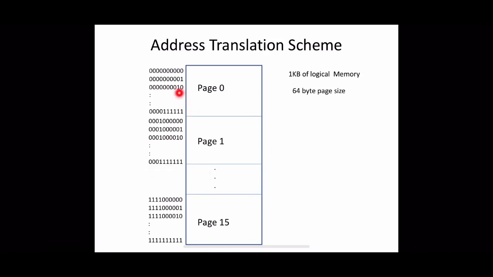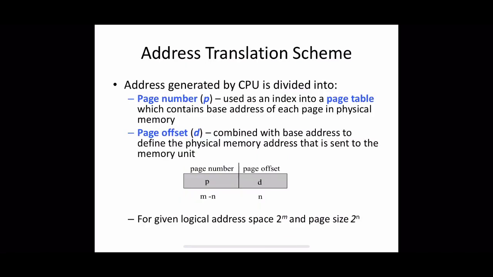Now the task is very simple, right? We can take a logical address and cut it into 2 different pieces. The first piece represents the offset within a page, and the second piece represents the page number, right? This is how we can easily get the page number. Once we get the page number, we can easily find out the frame number. How? Using the page table. We can take this page number as an index into the page table, so we get the frame number. Then we combine the frame number with our offset, and we get the actual physical address. Okay, so that is the address translation done here.